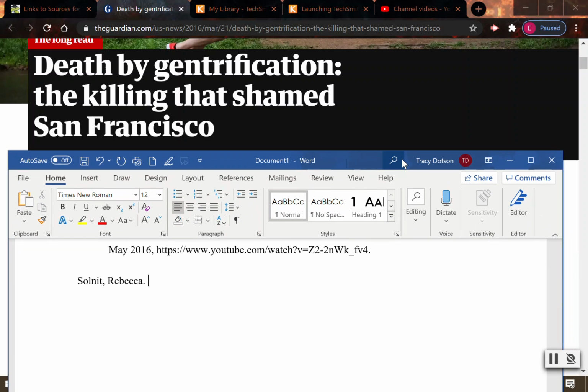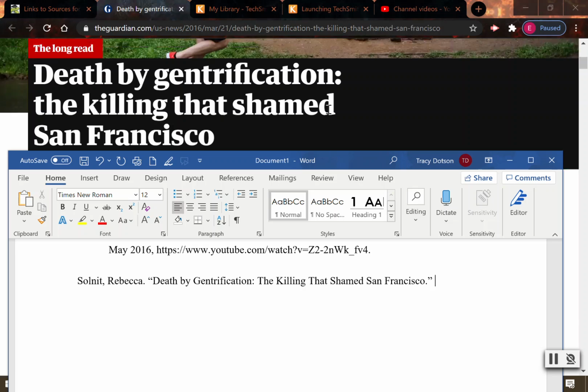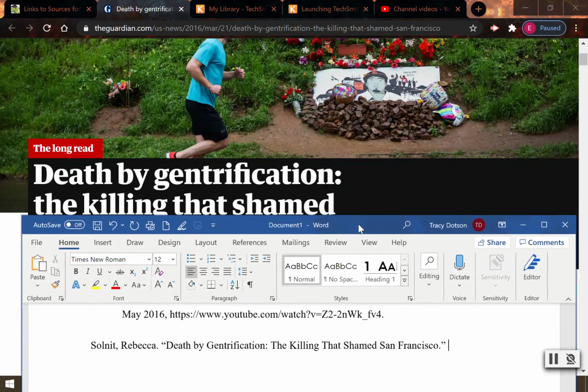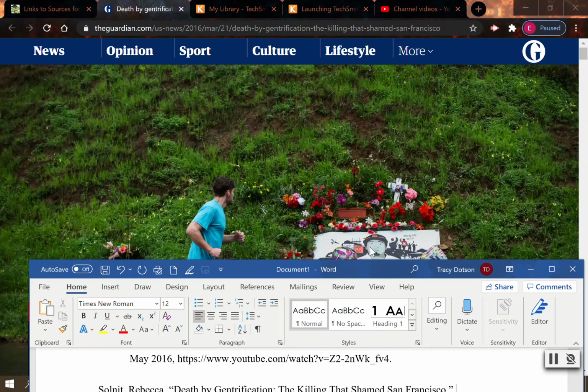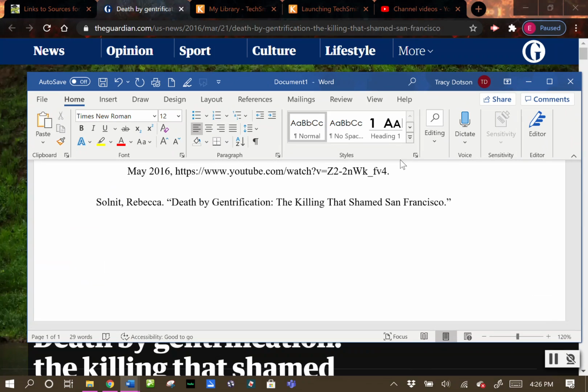And then the title of the article, in quotes, capitalize all the important words: "Death by Gentrification: The Killing that Shamed San Francisco." All right. This came from The Guardian. I don't even know if they have their, yeah, they just have their symbol. Okay, so it came from The Guardian, so we're going to italicize Guardian, unitalicize, comma,